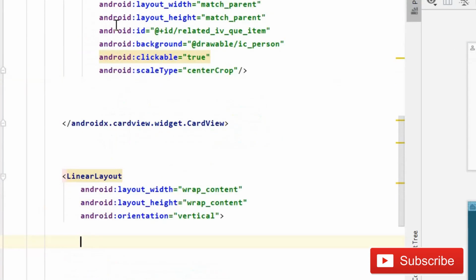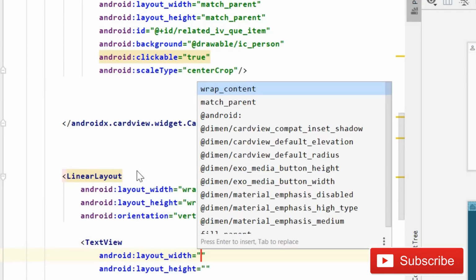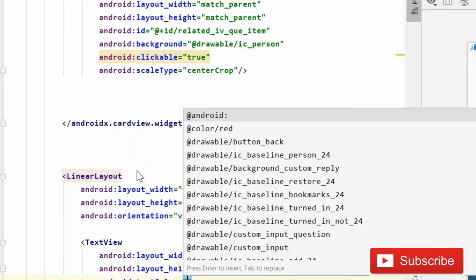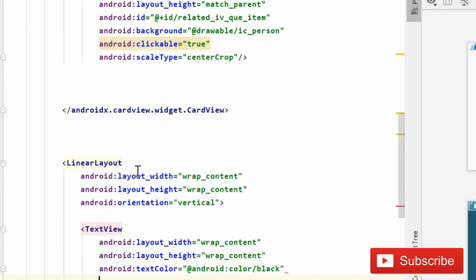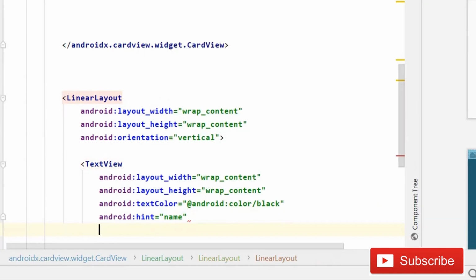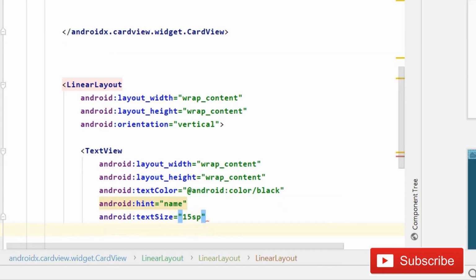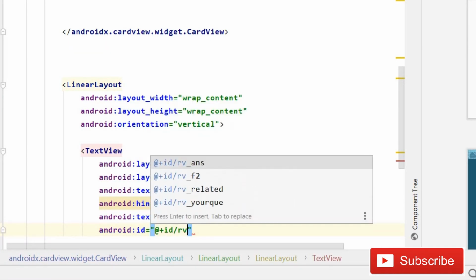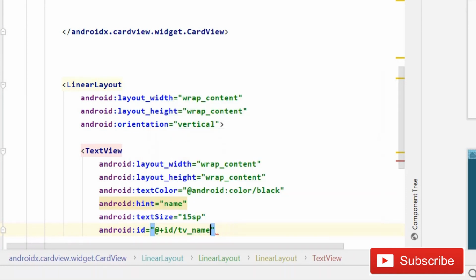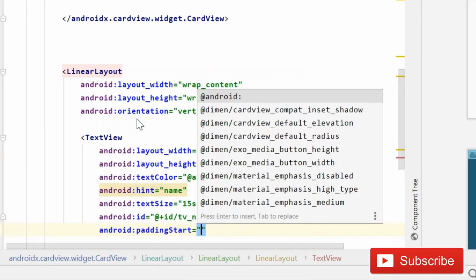It is for question, so we can type the text view, and that will be wrap content, then again wrap content, and text color will be obviously black, Android black, and then hint will be obviously our name, so we will give the name. Text size will be 15 sp, easily visible, not too big, and then ID will be tv underscore name underscore post, and then padding start, that will be 5 dp,